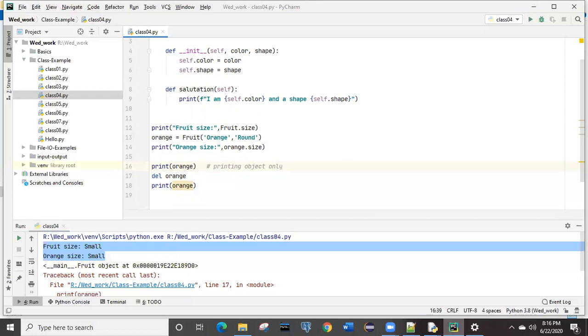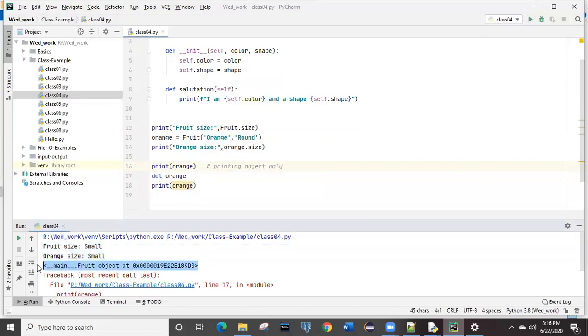Got it? By this object we are not calling any of the methods. We are simply creating it and printing it, right? Because of that, you can see line number 16, it will give you the output over here like this one. So let me explain what actually this is.